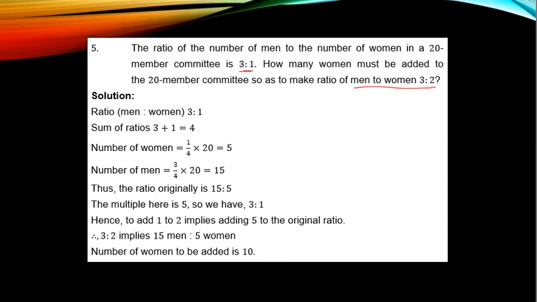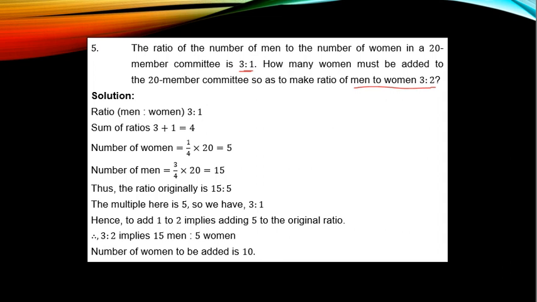So first, you need to know how many women are in this committee and how many men there are as well. So we have to share the 20-member committee in the ratio 3:1. Then we will know how many men and women there are and how many to be added in order to get the new ratio of